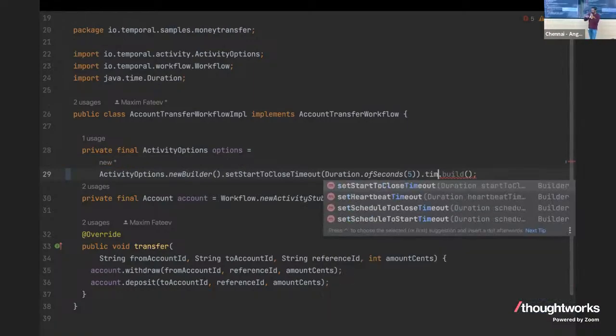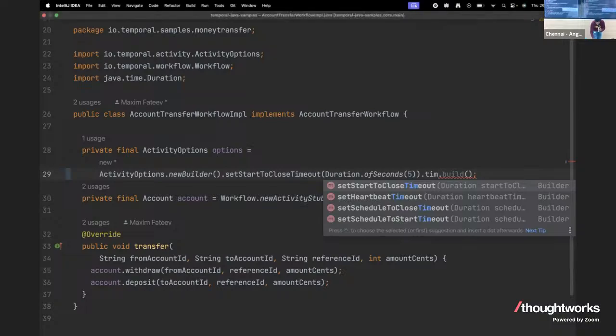As I was saying, you have options to set retries and timeouts at workflow level, and you also have options to set retries and timeout at a particular activity level. This amount of abstraction Temporal is giving you so that you don't have to code any of this. You don't have to write any retry logic. You don't have to write any timeout logic. All that you have to do is just configure, and Temporal will take care of all of that out of the box. And one other Saga pattern which I was telling,